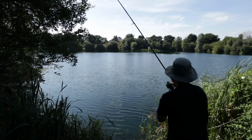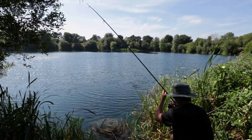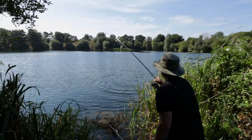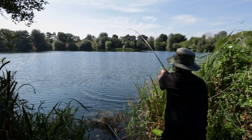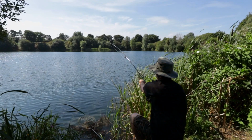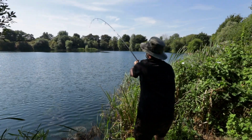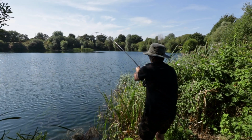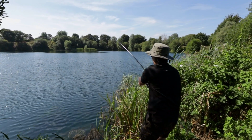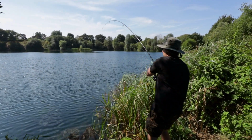There he is. I can see it's a nice dark common. Come on, don't go in there. Don't go in there. No. He looked nearly beaten and he's not. Come on. Yeah, I always get nervous, but when you've got the floater gear, it is obviously more nerve-wracking because